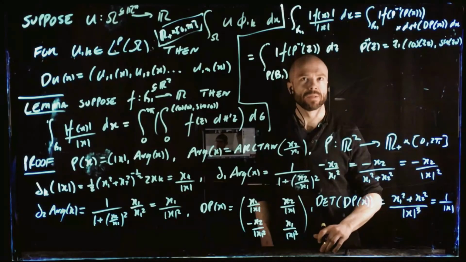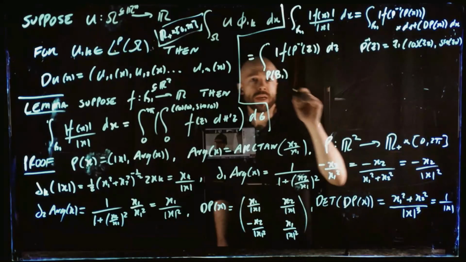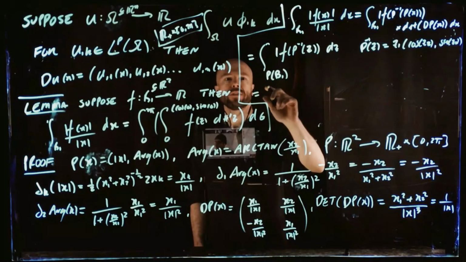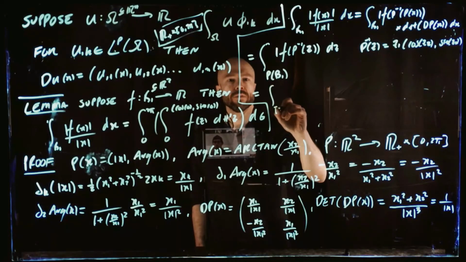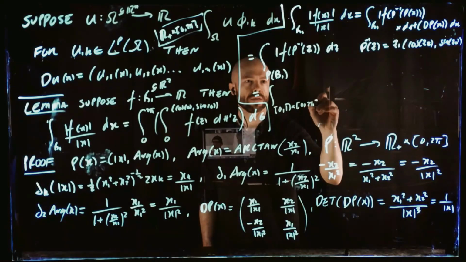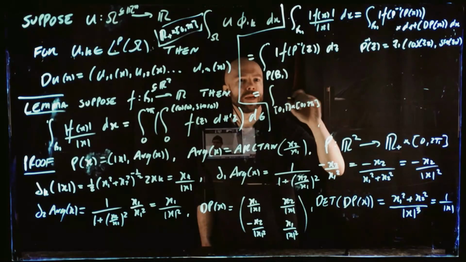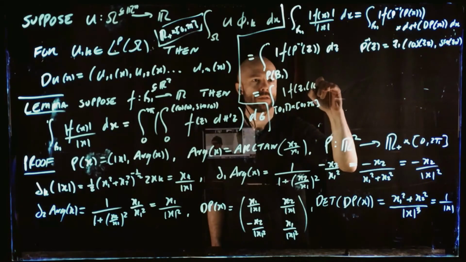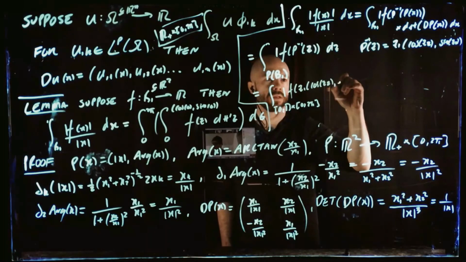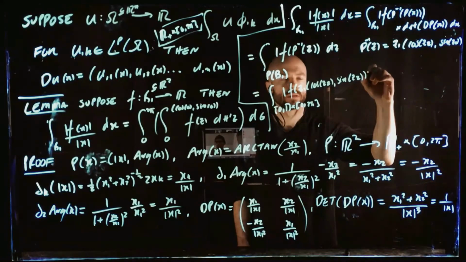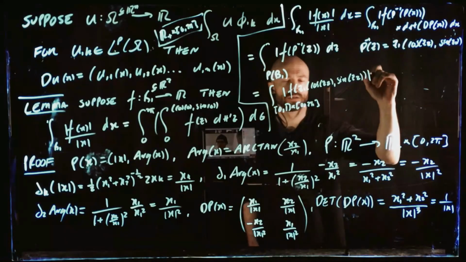Yeah? That's what this does map out. So then this thing is the same as the integral from 0 to 1, cross product 0 to 2 pi, and now we've got f of z1 cosine z2, sine of z2 like this,